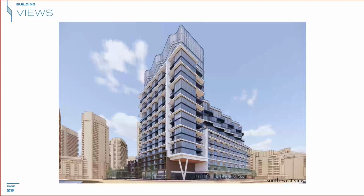This is the view looking towards the northeast from the southwest. The POPS on the corner, the open space, the building being pulled up, and we will continue to work on that structure. But again, all of this is now animated with street-related retail of good depth and different sizes. We think this will be an extremely attractive retail location, certainly in the food and beverage world, and hopefully we can get that commercial building up and leased fairly quickly or occupied,